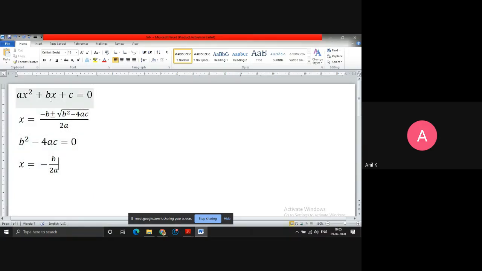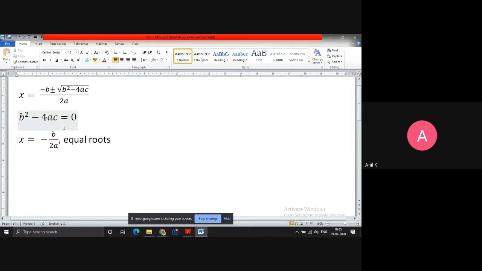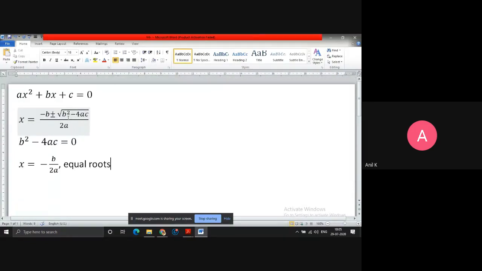Here is what happens: it is a quadratic equation, and as we know, a quadratic equation must have two solutions. But if I substitute the b and a values, I am going to get only one value. This happens because both the roots are the same. So we can say it has equal roots. If b square minus 4ac is equal to 0, then the given quadratic equation is going to have equal roots. That means the first root is the same, and the second root will also be the same as the first root.